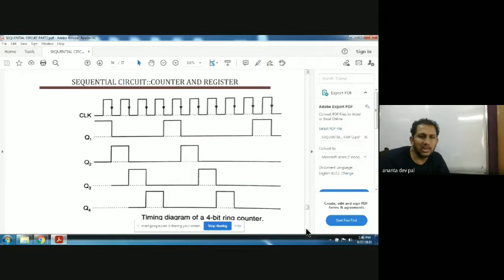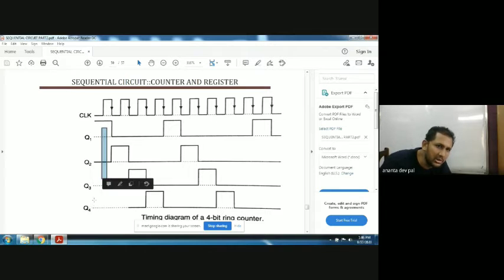This is the clock cycle, the clock timing diagram. With the clock pulses, Q1 initially is there, that is 0 0 0 0, and then the 1 is moved one by one: 0 1 0 0, then 0 0 1 0, and again 0 0 0 1. You have to see this from the timing, looking vertically. Then you can observe that this is 0 0 0 0, and here 0 1 0 0.